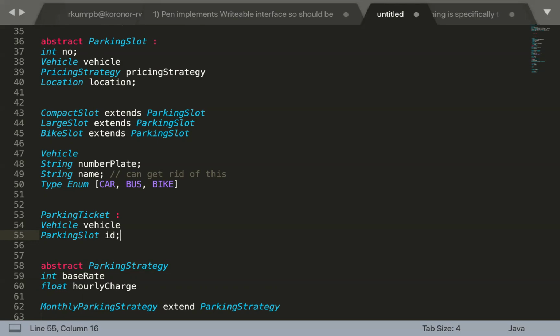एक चीज है, जब भी पार्किंग टिकट की बात हो रही है, राइट, थोड़ा सा यहाँ पे कंफ्यूज, देखो this vehicle is part of the parking slot, right, पार्किंग स्लॉट में वो असाइन होता है, but parking ticket should also have the information of for which vehicle exactly I am handing over this particular ticket, right?